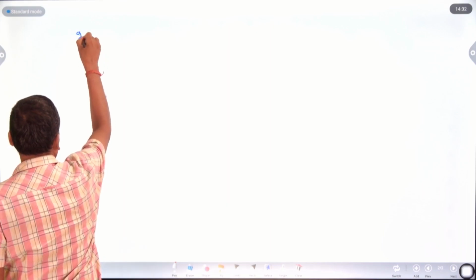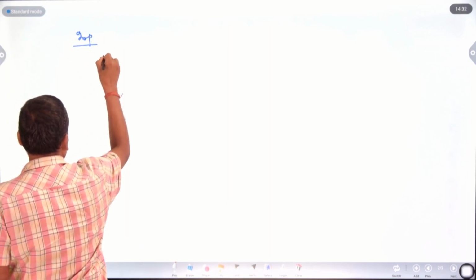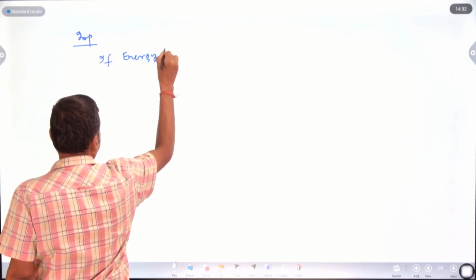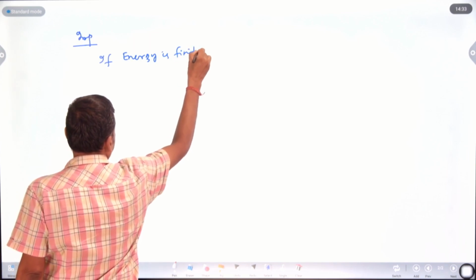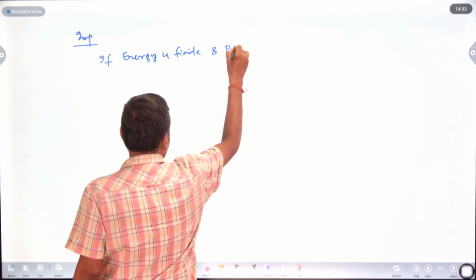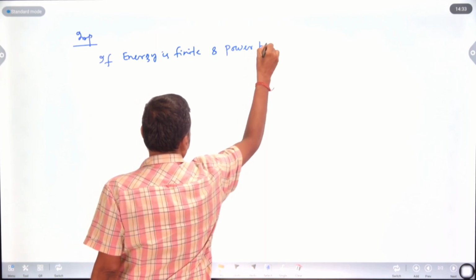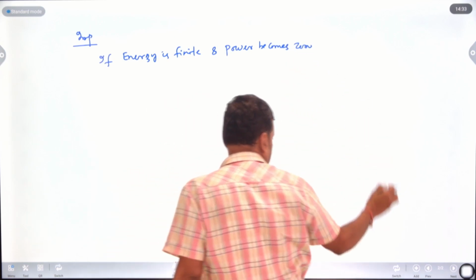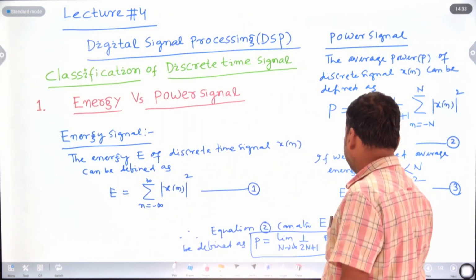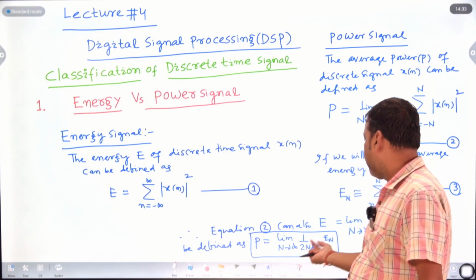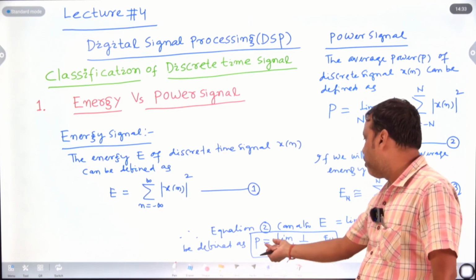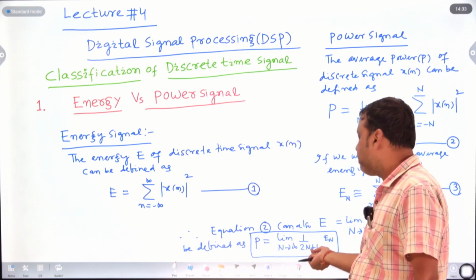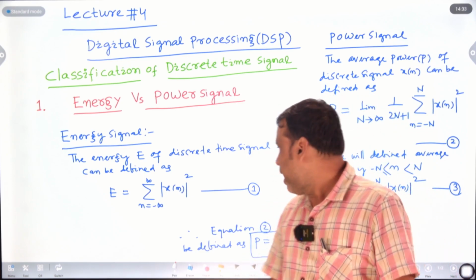The important thing is energy and power. If energy is finite and power becomes 0, what does that mean? If we go to the previous slide, here is some finite value divided by infinite as n tends to infinite. Some finite by infinite, and the value of power becomes 0. If energy is finite and n tends to infinite, something by infinite becomes 0, and the signal is